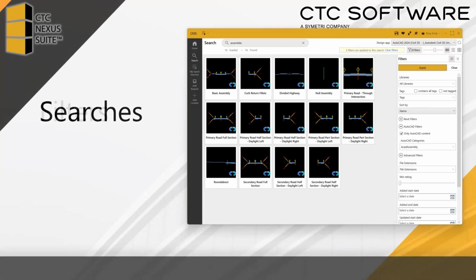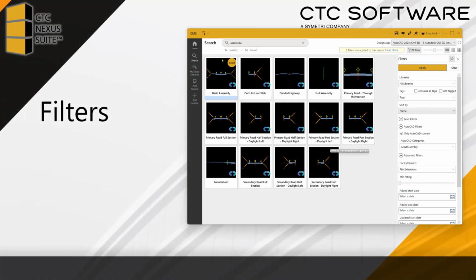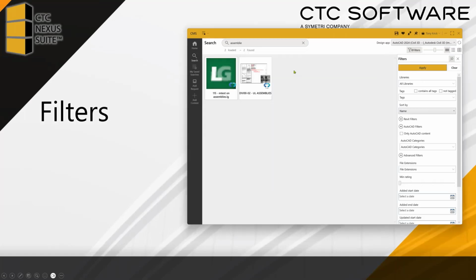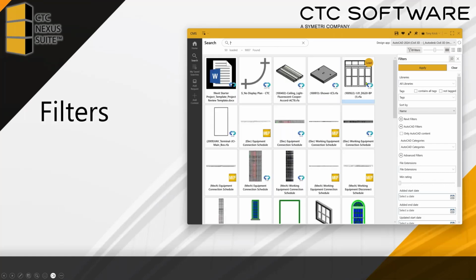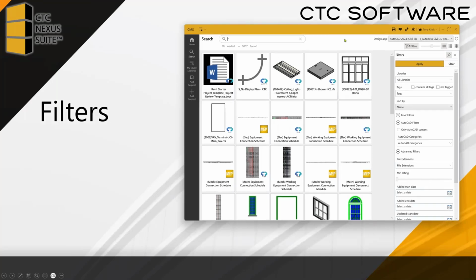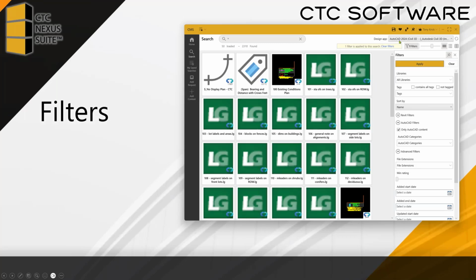So next, let's talk about filters. So I kind of showed you how the filtering works over here, but there's a lot of filtering that we can do here. So let me clear that and go back to everything is there. So some common things you might want to do is to have a search that's just AutoCAD template, let's just say. So I could set this and I could save that as just apply, and now it's only AutoCAD stuff. So if I wanted to save that to get back to that at any time,